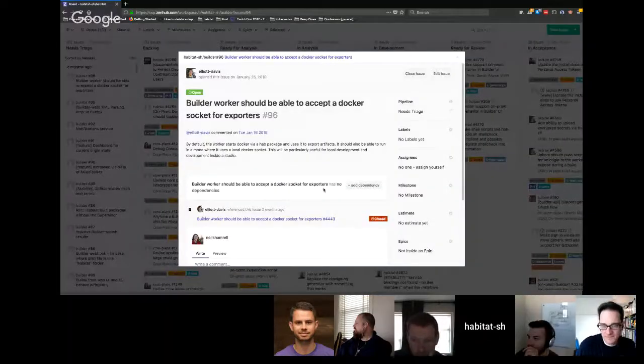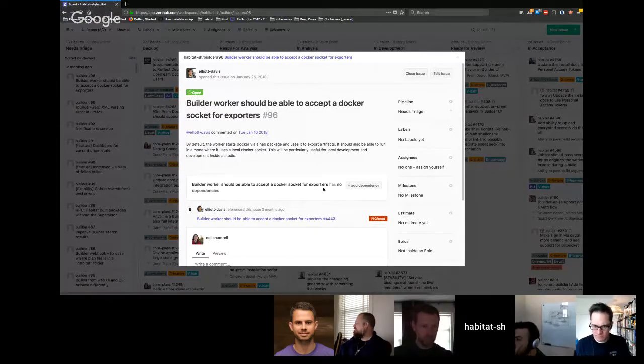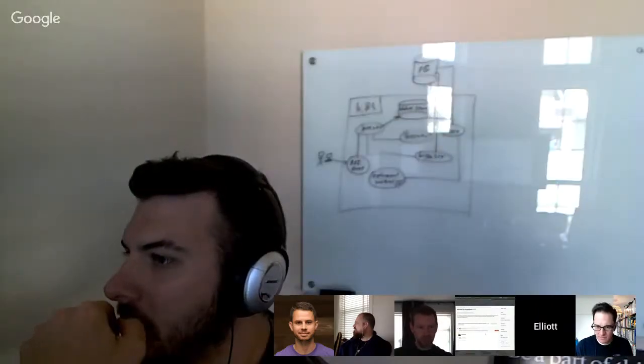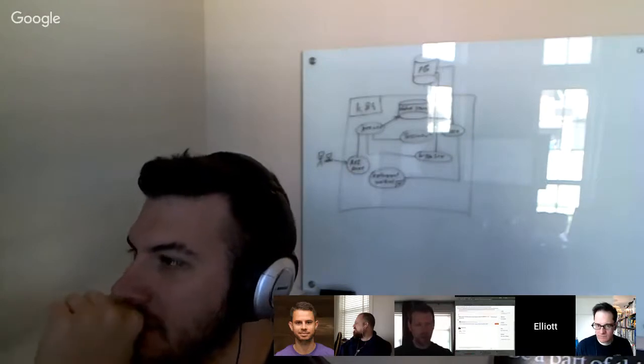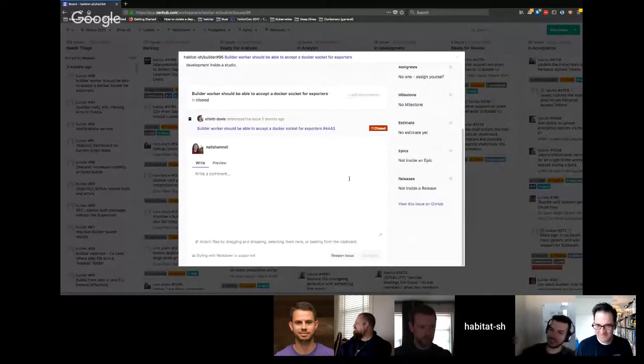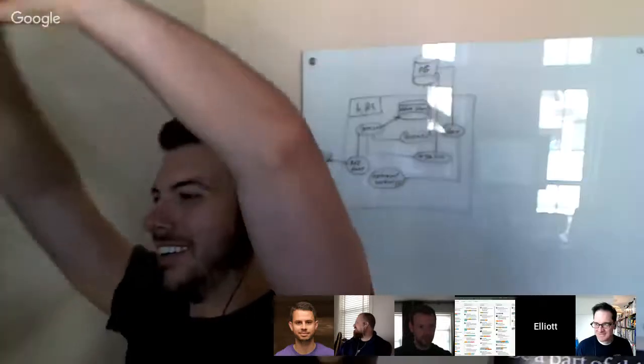Oh man. Builder workers should be able to accept a Docker socket for exporters. Oh. I did that already. Okay. All right, well, man, Nell, you are going to be the triage queen.